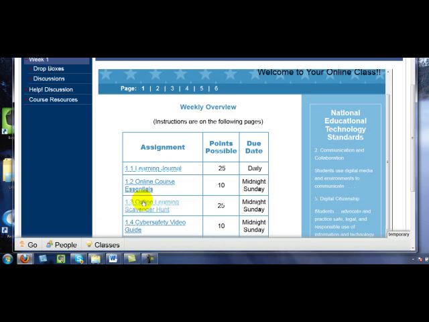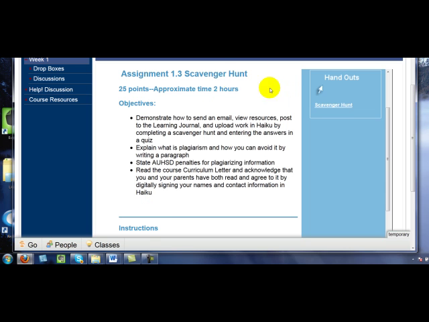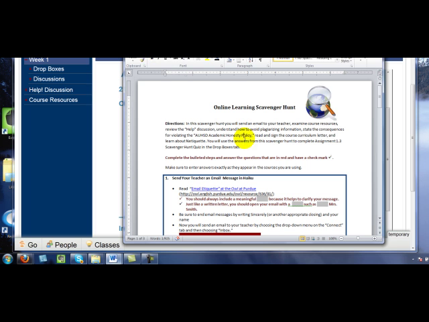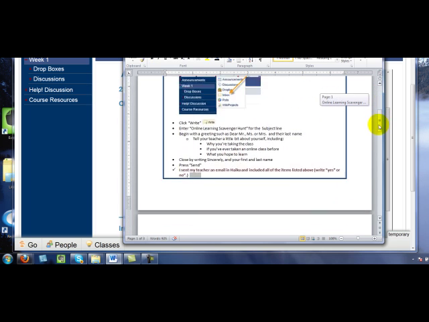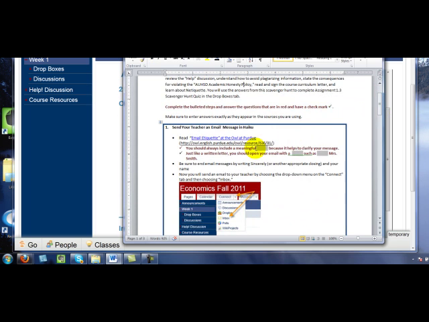Then you're going to go to assignment 1.3. We're going to click that and look at it. That is an online scavenger hunt, and you're going to learn about some of the topics that are very important to online learning. You're going to complete this scavenger hunt, and you're going to make sure that when you complete it, you're